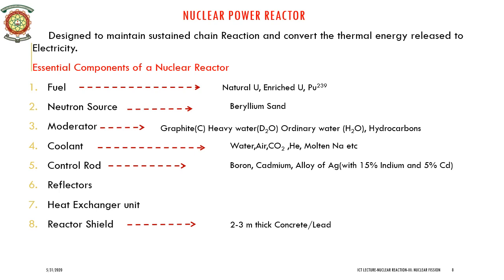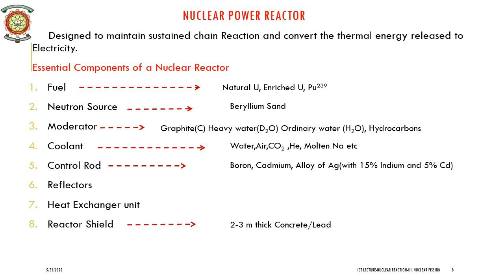Then we have control rods. The rate of fission reaction is controlled essentially by controlling the neutron number which causes fission. Materials which have a high neutron absorbing capability are used as control rods to control the rate of reaction. These materials should not themselves become radioactive when they absorb neutrons. They should also have a high melting point. Materials that are used as control rods are boron, cadmium, the alloy of silver with 15% indium and 5% cadmium, beryllium, etc.